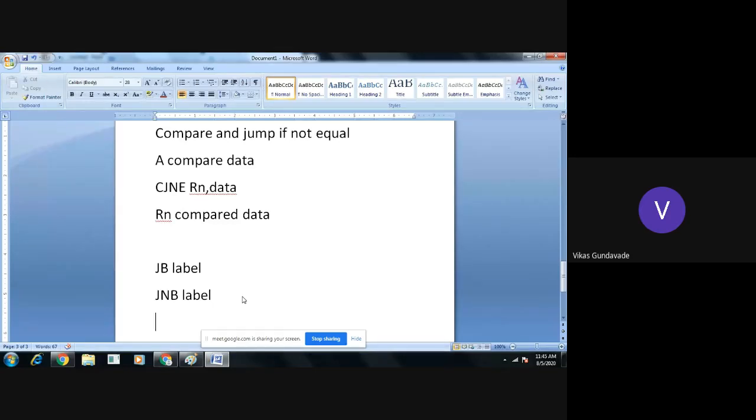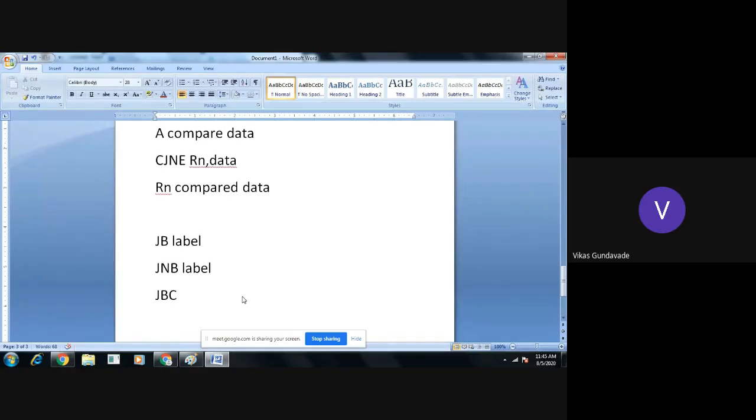Okay. The next instruction is JBC, jump if bit is set by clearing the bit. In the JB instruction, it will only check the status of the bit. So if that bit is set, then only the jump will take place.